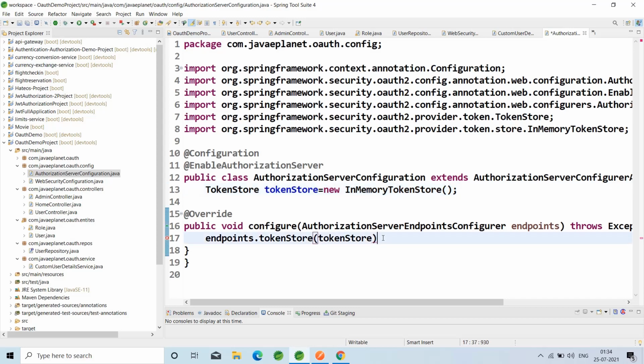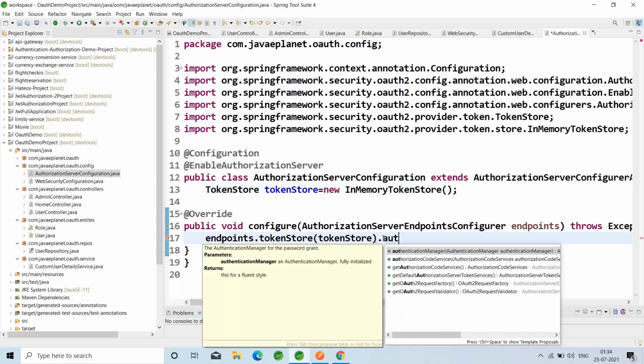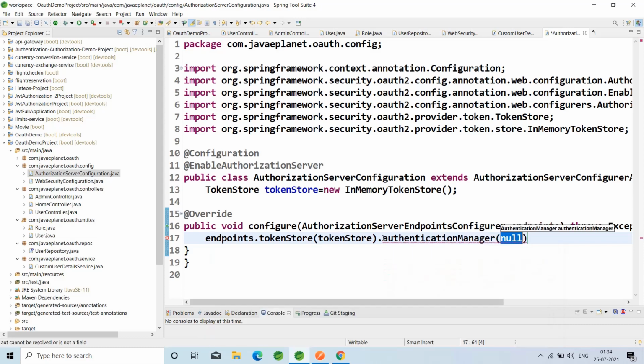After this, authentication manager. Inject the authentication manager bean here.